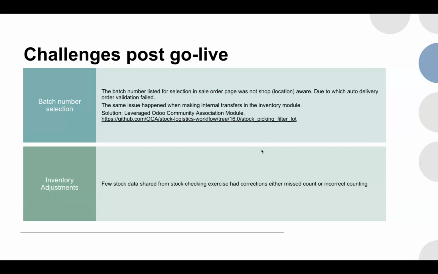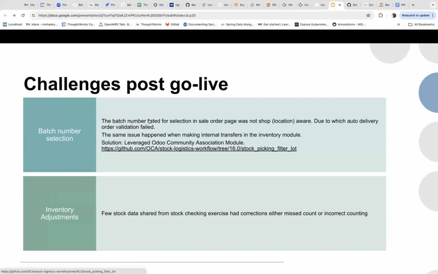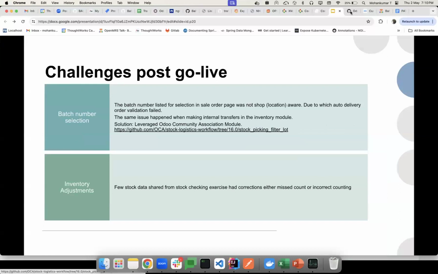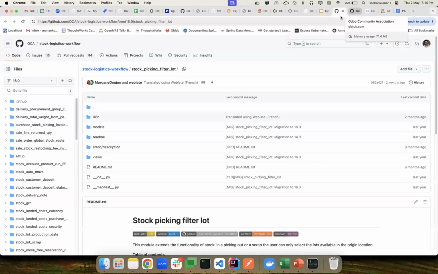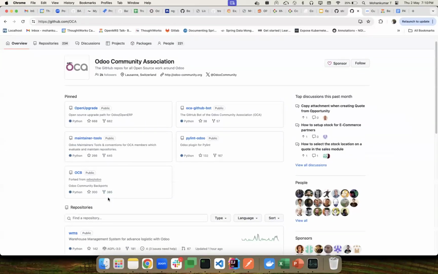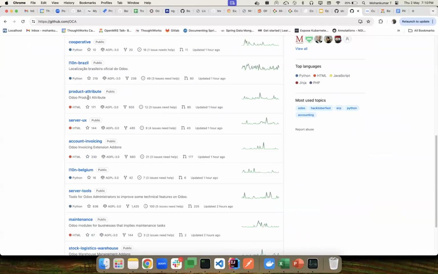This applies at both the places, when you do an internal transfer as well as when you do a dispensation. And this Odoo Community Association has a hosted GitHub repo which has support for a lot of open source modules. So as we can see here, this comes from different open source modules, and they have categorized it according to